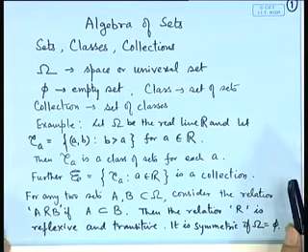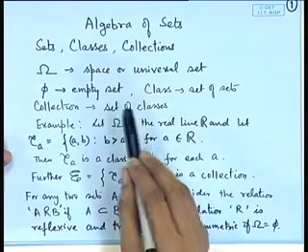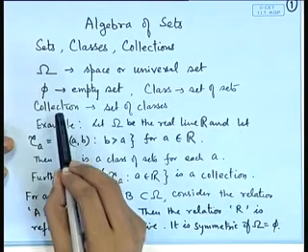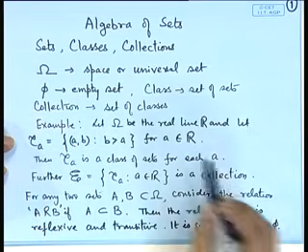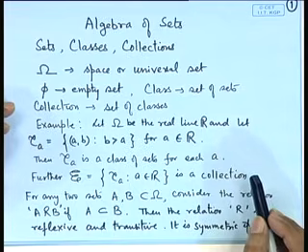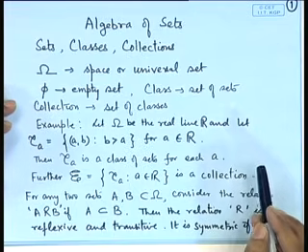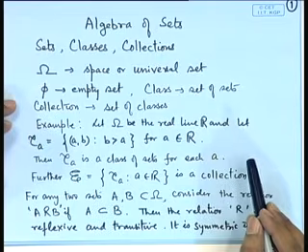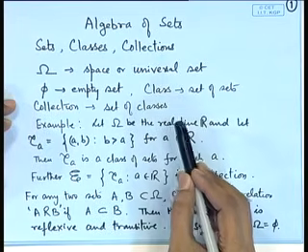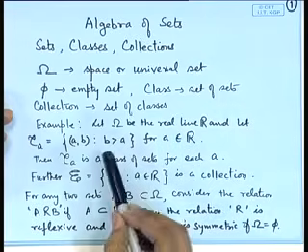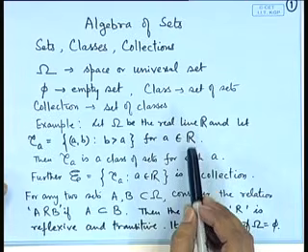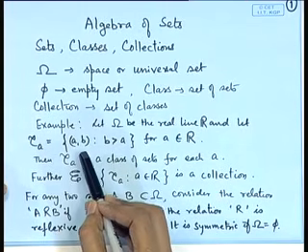So, we start with a universal set, let us call it omega, and then we also have the usual notation for the empty set as phi. We call a set of sets a class and a set of classes a collection. As an example, suppose omega is the real line R, and we consider the collection of intervals